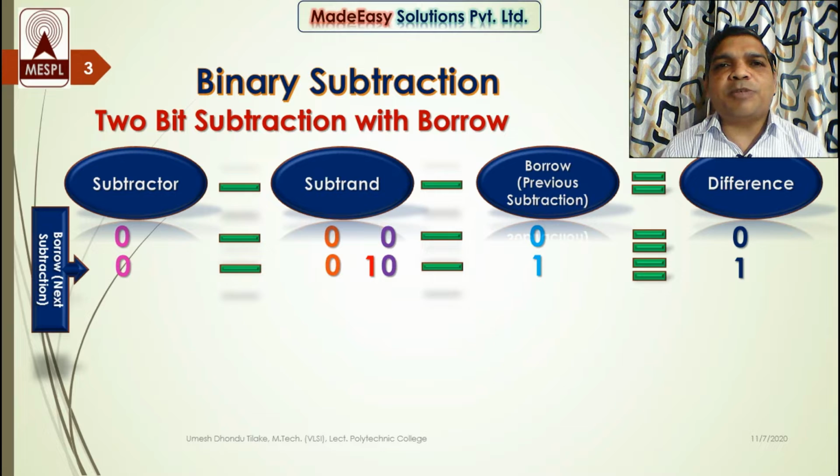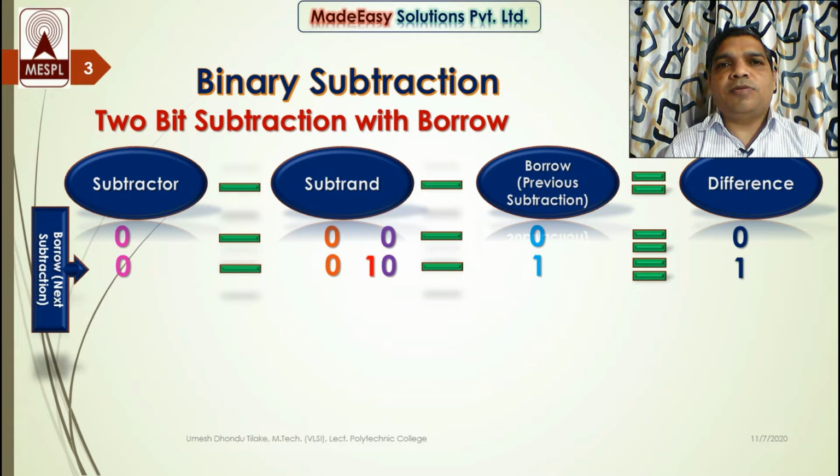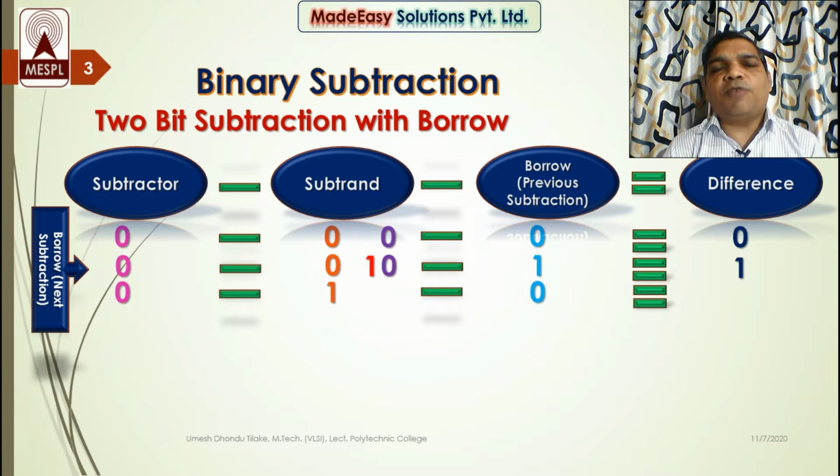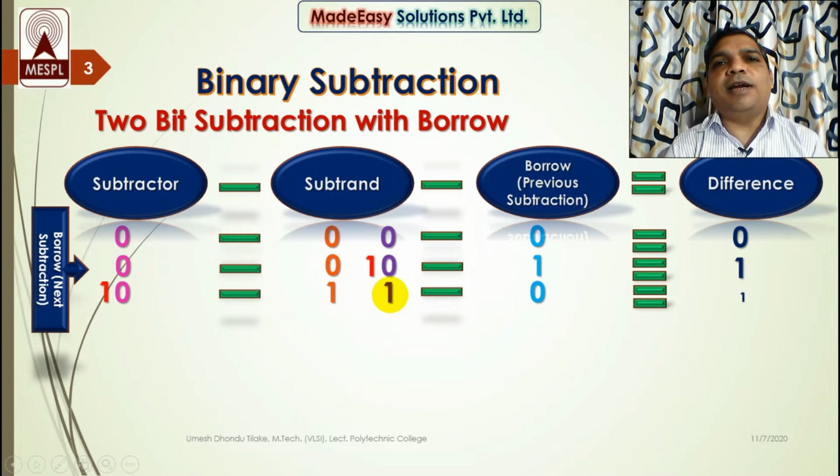Now what will be the next possibility? Remember the 3-bit binary numbers, right from 0 0 0 to 1 1 1. The next number is 0 1 0. So let's check. 0 minus 1 minus 0. Now first subtract the subtrahend from the subtractor. Subtrahend is 1, subtractor is 0. Now can you subtract? No, because 1 is larger than 0. So take a borrow. Now can you subtract? Yes, 1 0 minus 1 is equal to 1. So I got 1 over here. Now subtract the borrow from this result. So 0 subtracted from 1, I will get 1 over here.